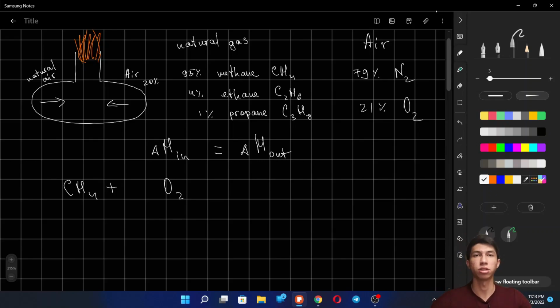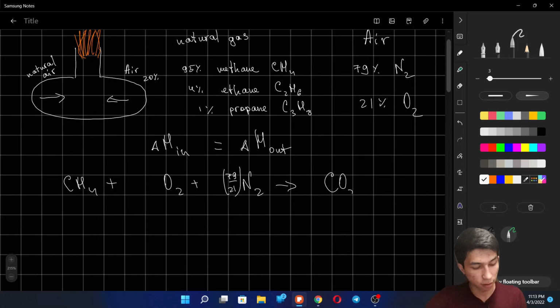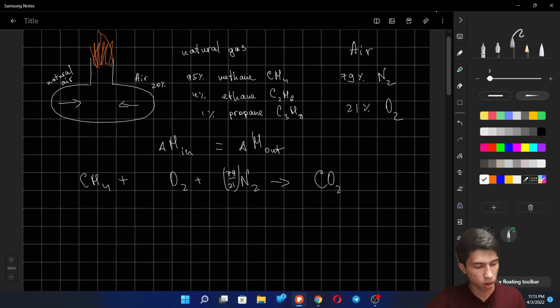The nitrogen is not involved in the reaction, so we're going to have nitrogen at both the beginning and the end of the reaction. The mole ratio for nitrogen is 79/21 relative to the moles of oxygen. So we're going to have carbon dioxide plus water